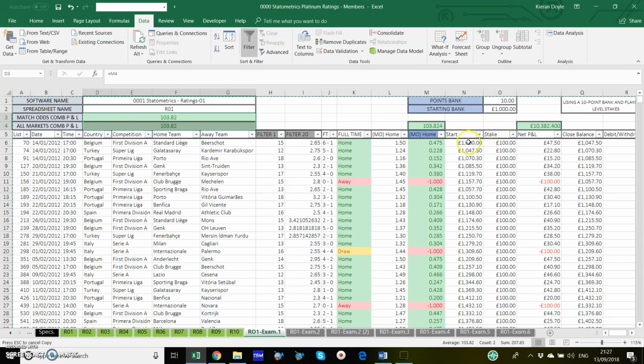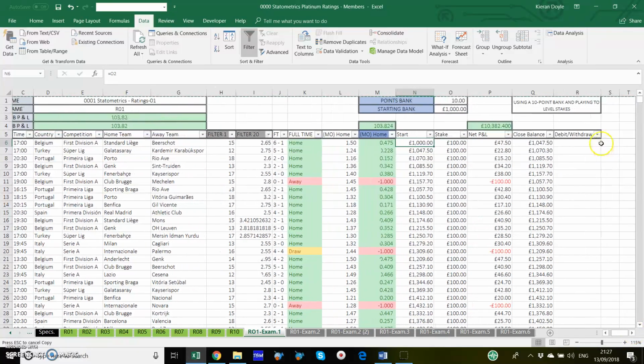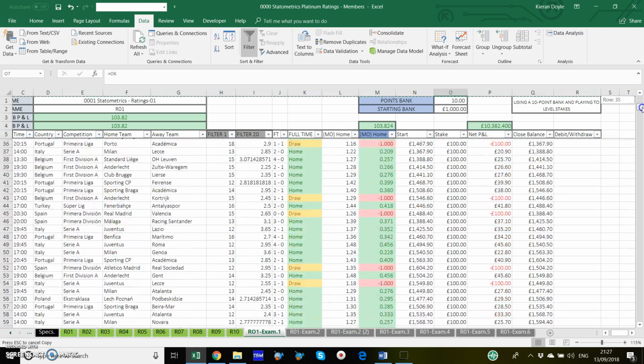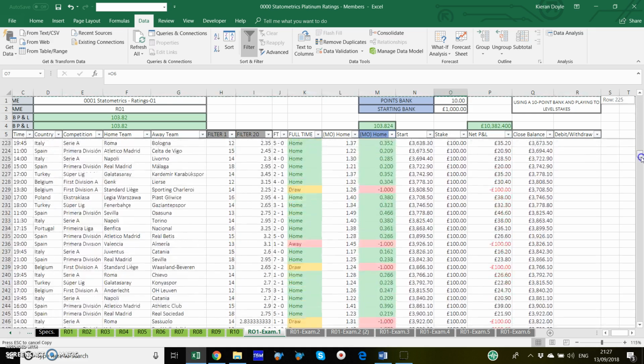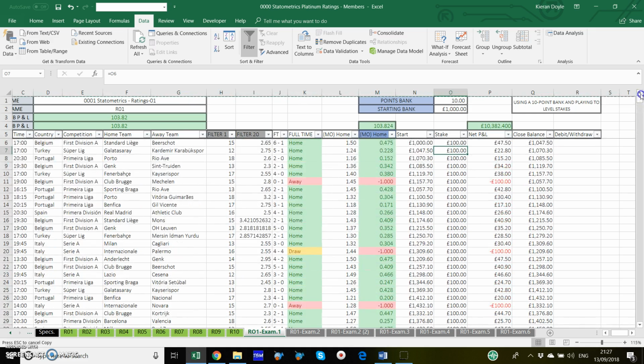And all I've done, I've started with a £1,000 bank here. We've used a 10-point bank, and you can see in 6 years we've turned £1,000, we've made £10,000 profit. And you can see every single bet here is £100 level stakes. We never change the stakes, and you can just see. So if you have a look here, if I just start again here,